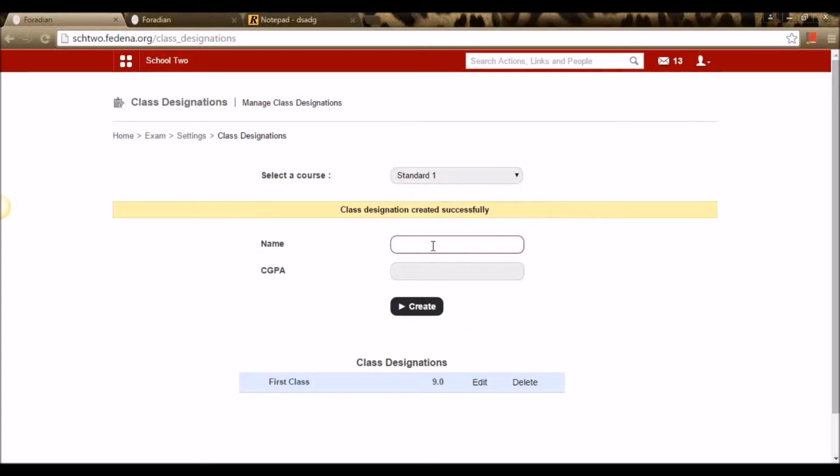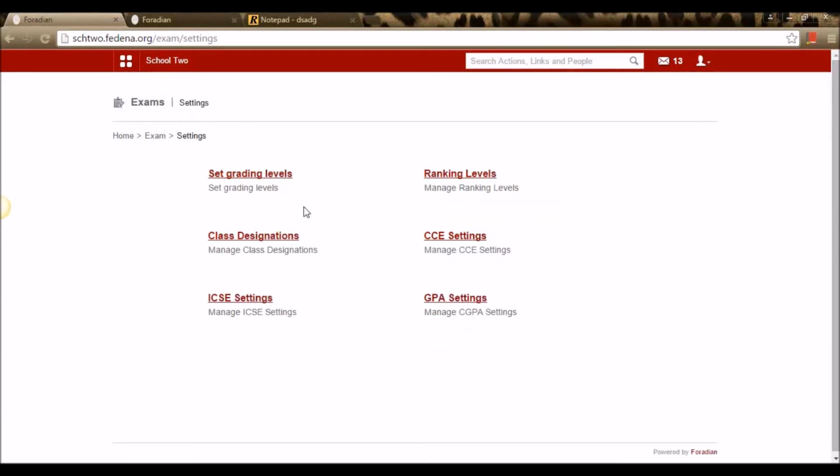So you can give a second class for the student if the GPA is above 8. So now the initial settings are over.